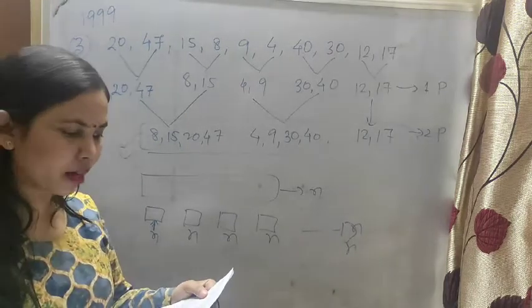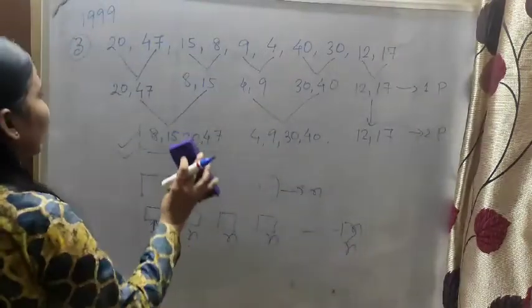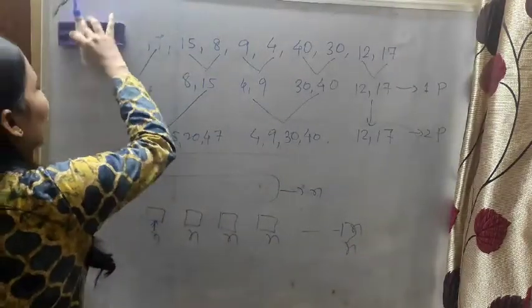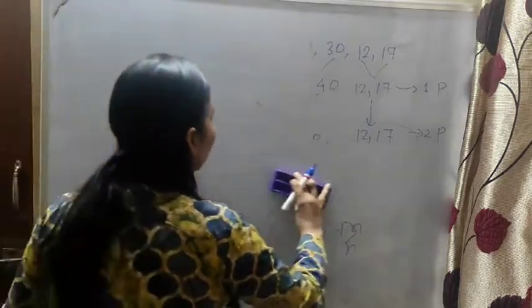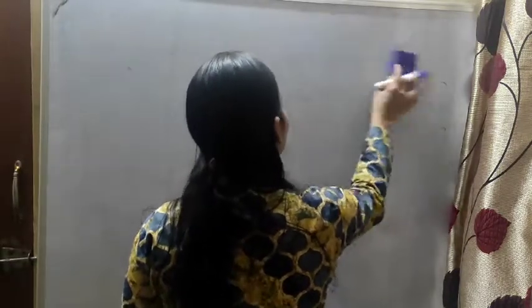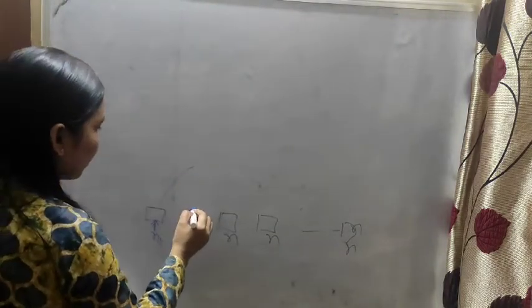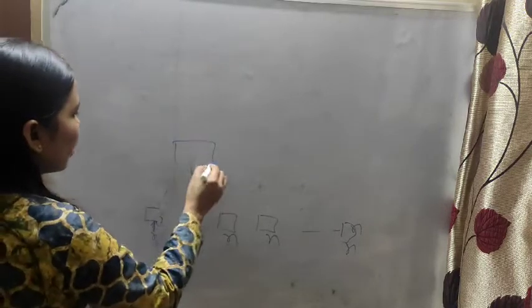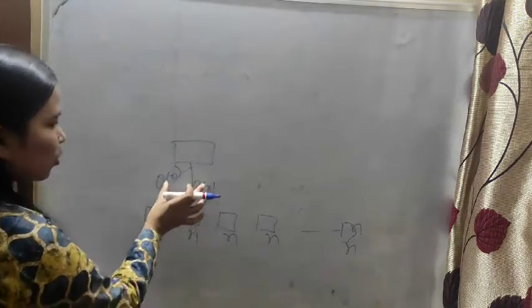The worst case running time. You know that the worst case running time in merge sort is order of n log n. We have seen already how it comes, and I have explained it. So order of n log n is the worst case time complexity. Now here every size is given n, and if you merge it, this will come order of n, and this will also come order of n, both these sizes.